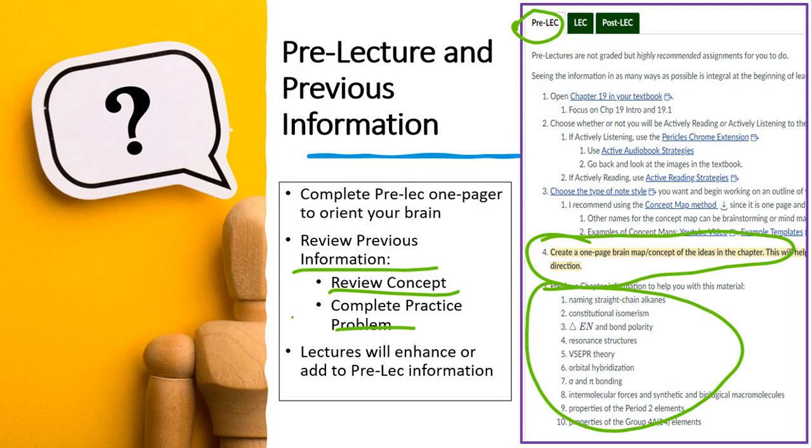Now, again, the goal of the lectures will be to enhance or add to pre-lecture information, but I also want to tell you that yes, it can be easy in this day and age to find a quick answer for most anything, but you must also consider giving yourself and your brain a chance to learn something new, meaning that you have to go through the journey of not getting it before you get the answer, right? So I will say, be okay with failing and getting back up and trying again, because that is a part of learning chemistry, and it will be worth it over time. The hard road is always going to become easy, and the easy road will always become hard. So let's get this final part started.